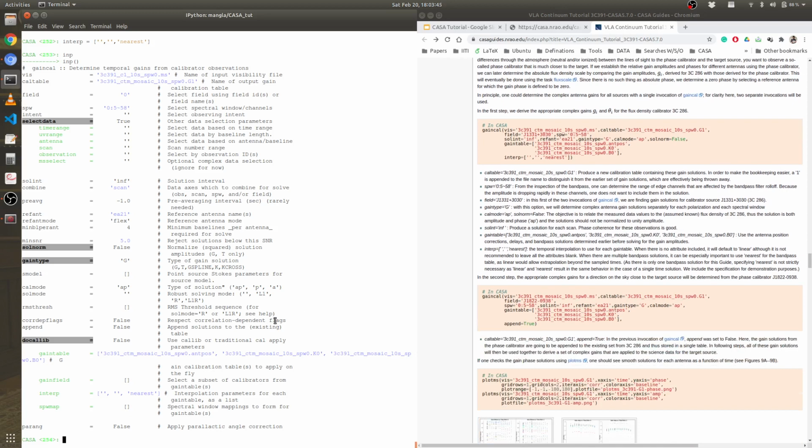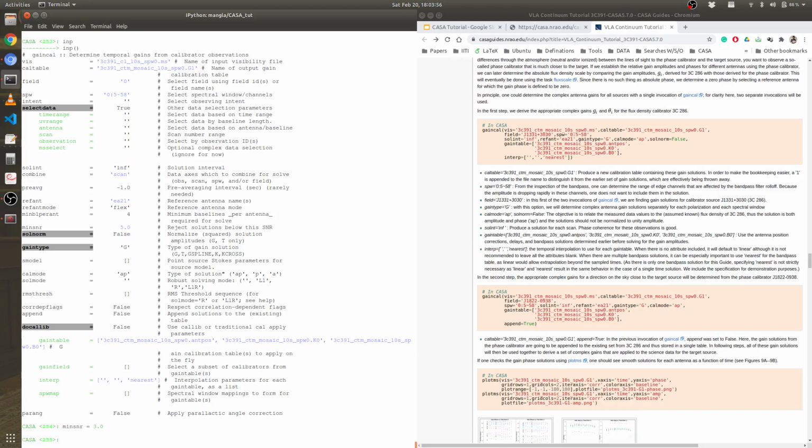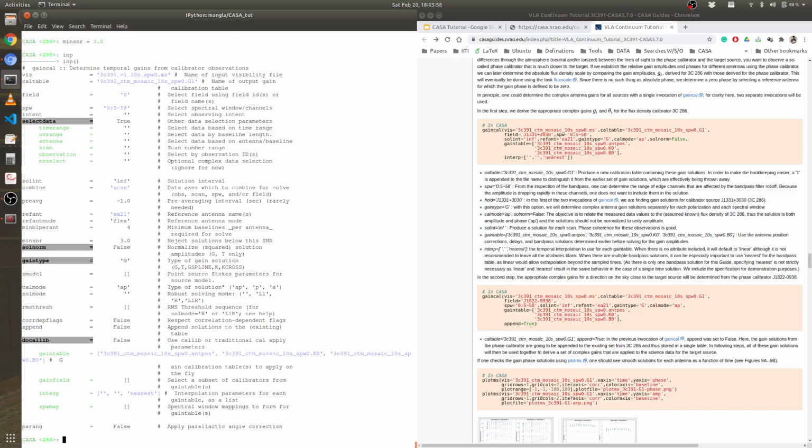You should always avoid over flagging. So these all will find go. Let's check it again if I'm doing something wrong. Minimum SNR should be less, right? Because we have given solint to be infinite. So 5 SNR should be very hard to find. Okay. So let's